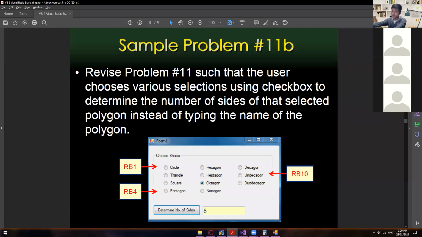All right, so the next one is the same as sample problem number 11. However, instead of putting in text, you just need to check the radio button. So in this case, this one is much easier. So triangle, just check triangle, it will give you three sides. Duodecagon will give you,